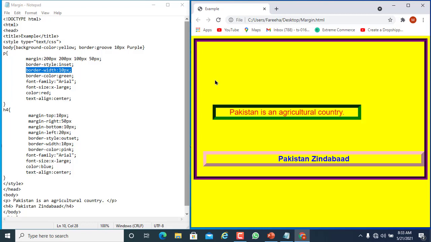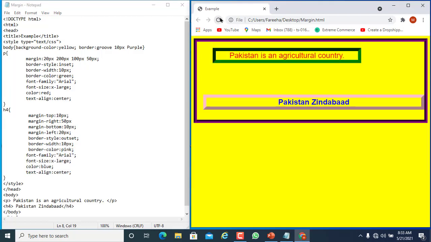Students, here this margin of 200 pixels is the margin from the top border. If we change the value of the margin, save, and refresh the browser, you can see that the top margin is decreased now.